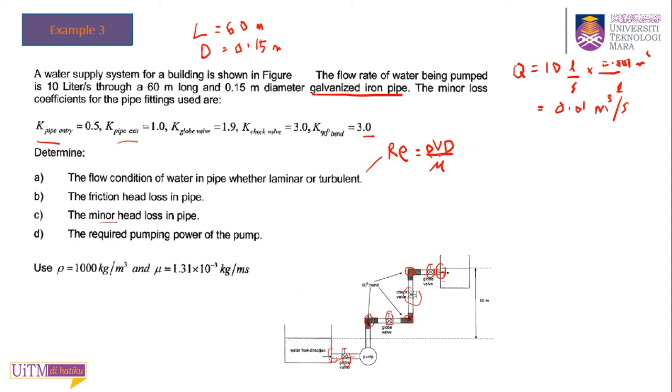You need to find the velocity first from Q. Q is 0.01 divided by the area of the pipe, pi times r squared, 0.075 squared. So this gives you the velocity of the flow, 0.01 divided by pi times 0.075 squared, which is 0.566